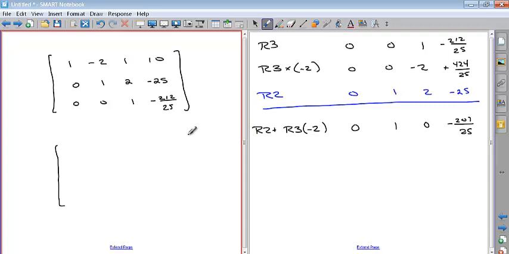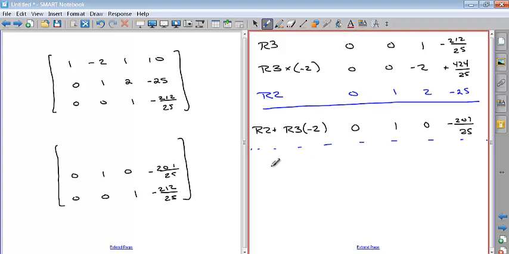Okay, so let's do that over here. So we're going to keep row 3 the same. So you go 0, 0, 1, -212 over 25. The second row is going to be 0, 1, 0, -20. What did I say it was? 201 over 25. Okay, now